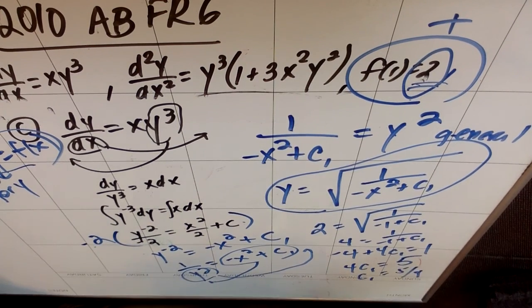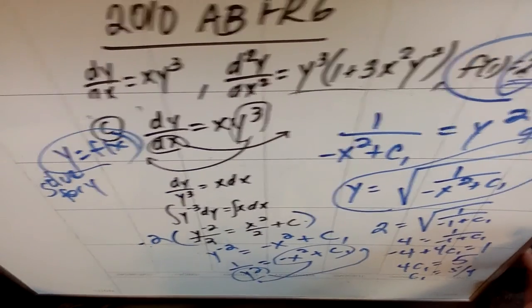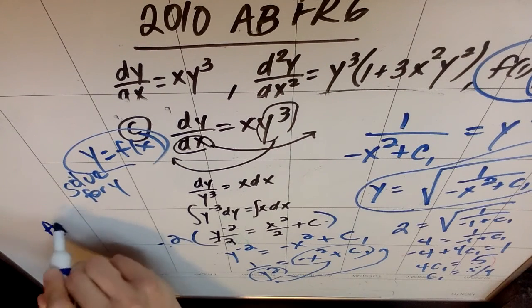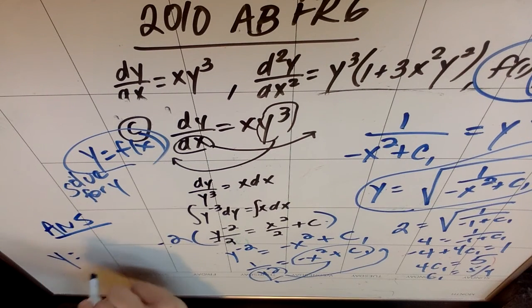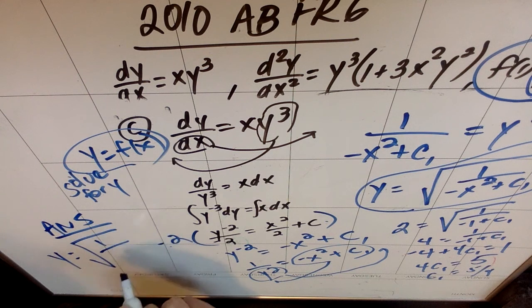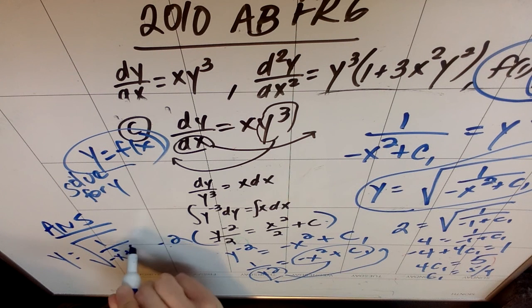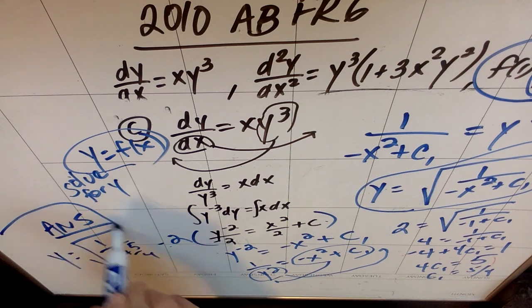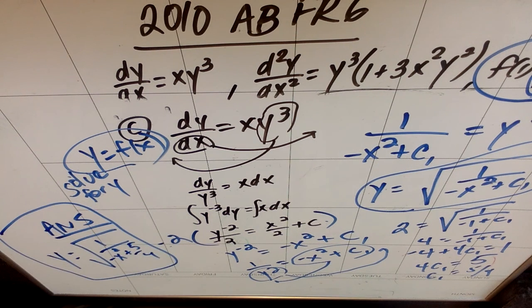So the answer I'm going to go with, and I'm just going to give myself some room over here, right? I'm going to write my final answer as y equals the square root of 1 on top of negative x squared plus 5/4. Now the AP had a bunch of different versions in their answer sheet, but this is one of them, and if you chose to stop there, there's nothing they could do to stop you. So that's absolutely